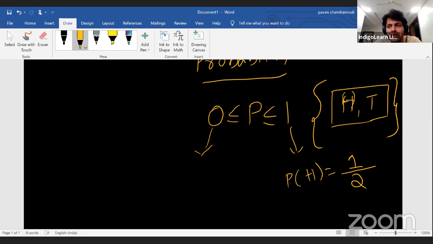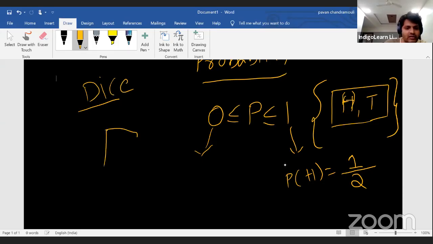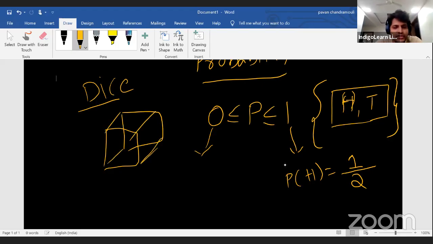Okay, so let me explain the concept of probability using one more example, the concept of dice. When you roll a dice, you know a dice has 6 faces, like this in 3D, right? Right, 6 faces. Suppose I roll a single die. Now if I ask you what is the probability of the number on the top face being a prime number,